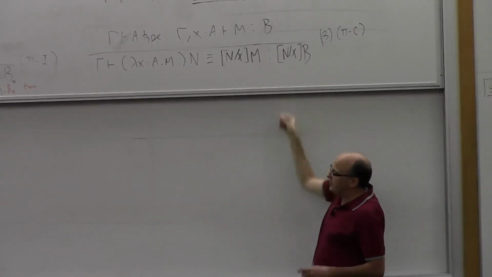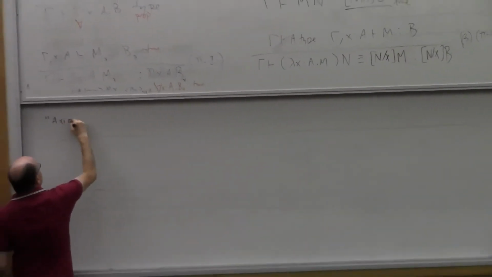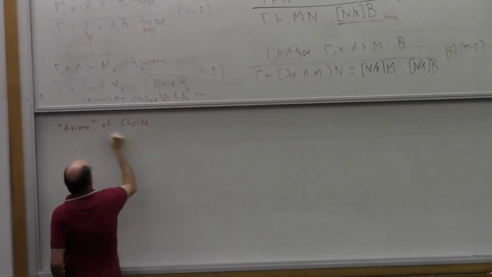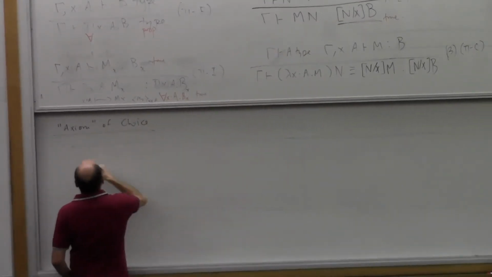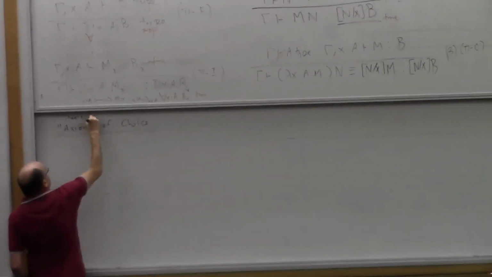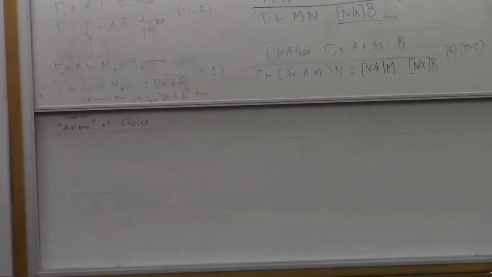So now I want to talk about something that, traditionally at this moment, is the right thing to talk about. I'll talk about something called, I'll put it in quotes, the axiom of choice. And actually what it is, is the theorem of choice. And that's what I'm going to do. There are many ways to formulate what, in traditional accounts,